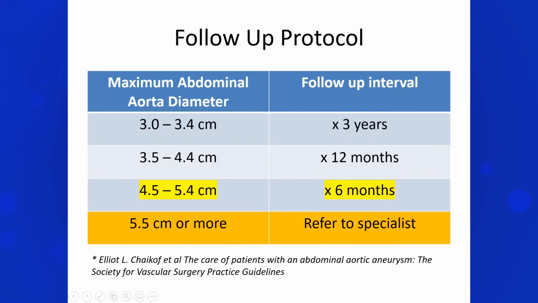The follow-up protocol was published, and every organization might have their own protocol, but you can see here 3 to 3.4 is every 3 years, 3.5 to 4.4 at 12 months, and then 4.5 to 5.4 at 6 months. And of course, 5.5 is a very high risk of rupture, so definitely you want to